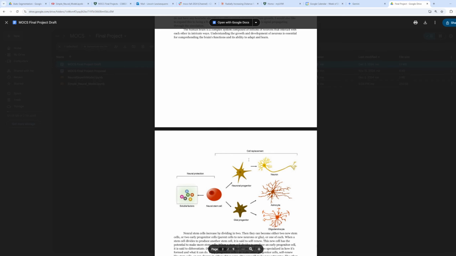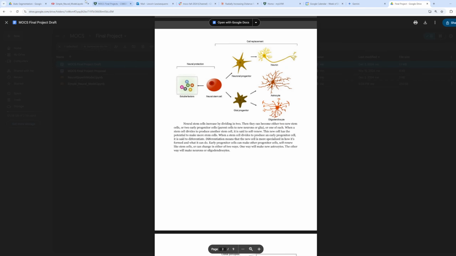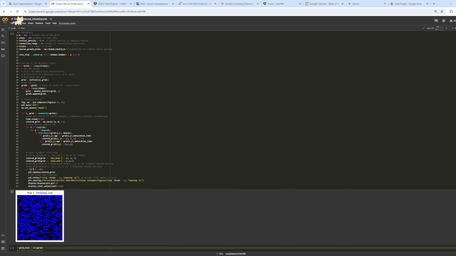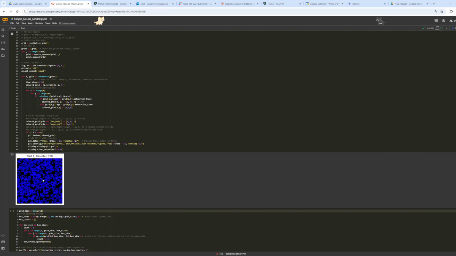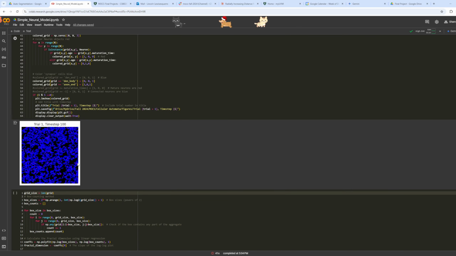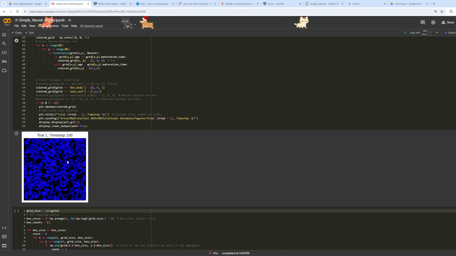Since last time, I finished implementing a basic dendritic growth pattern tree. Here you can see a bunch of neurons and axons, and the blue is all the dendrites. In this simulation, we're